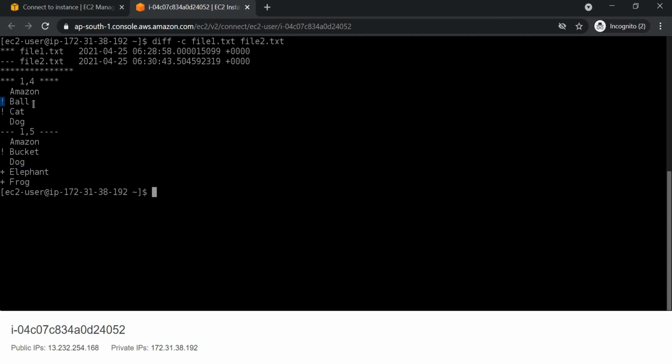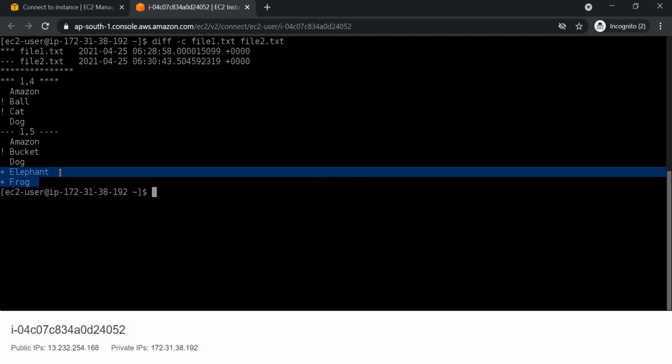But in file 1, ball is not matching. Similarly, cat is not matching. Here also bucket is not there. And this plus symbol displayed means that if we add these lines in the first file, then